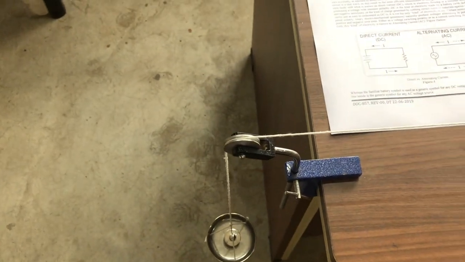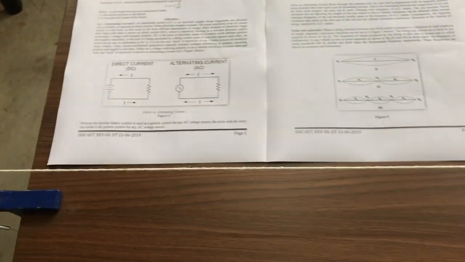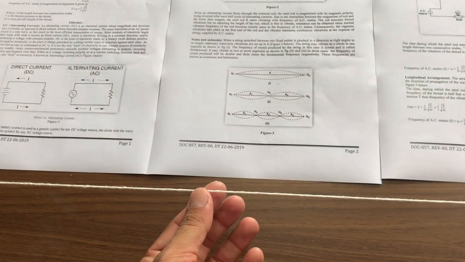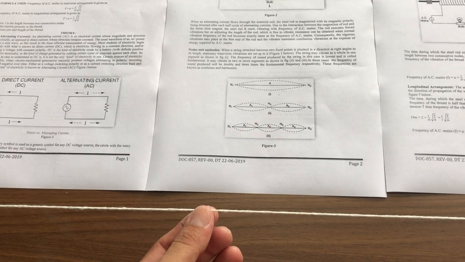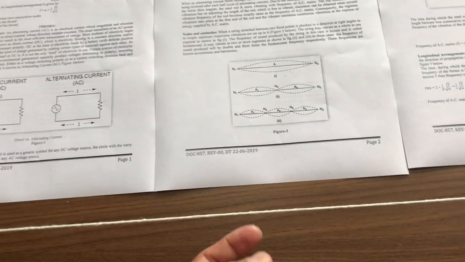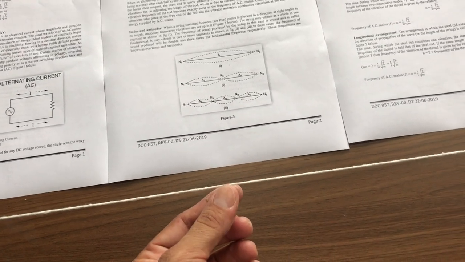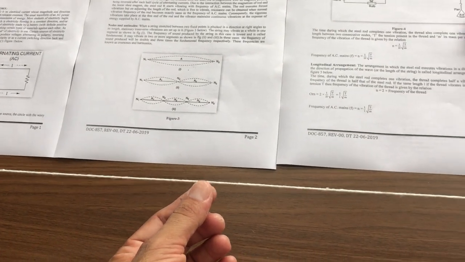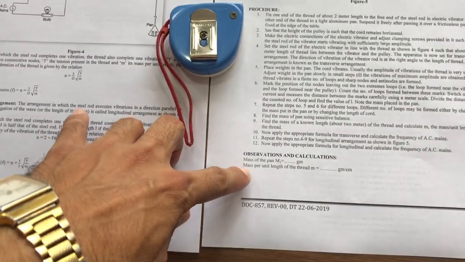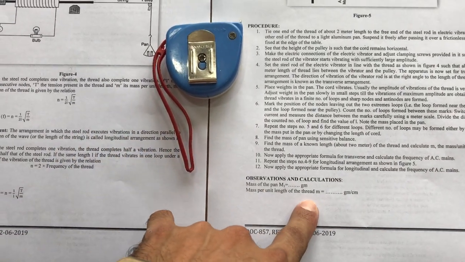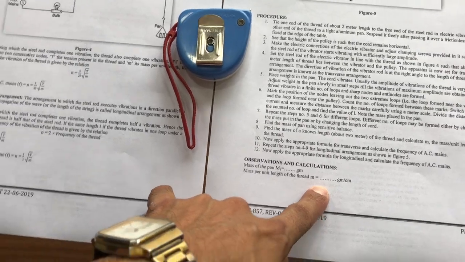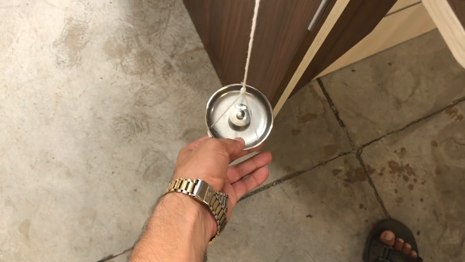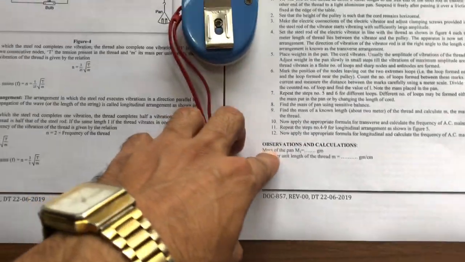Now, in order to perform this experiment, first we measure the length of this thread, and after that we calculate the weight of this thread with the help of a digital weight machine, and we calculate the value of mass per unit length of the thread. Now we also calculate the weight of this pen with the help of a digital weight machine,